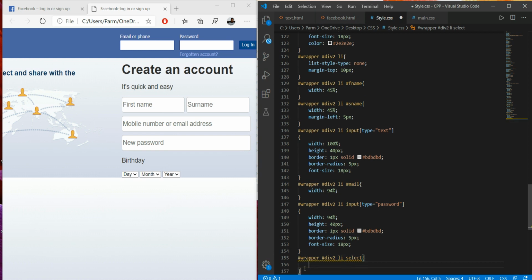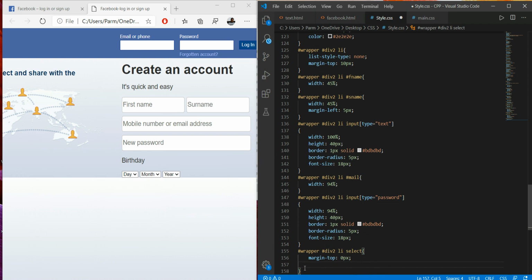Now in this select we just want to say margin, we don't need it at the top, so margin top 0 pixel, and we need padding between them, so I'm setting the padding, not padding left, we have to set the surround padding, so it's 4 pixel. Then it should float left.